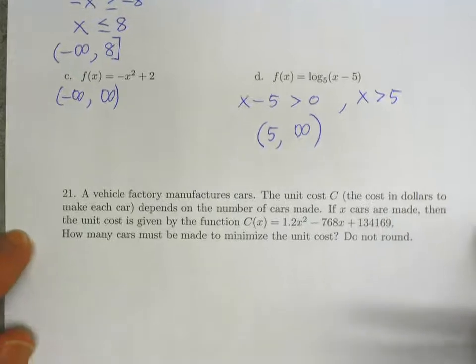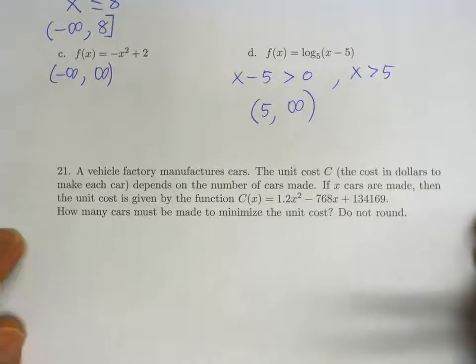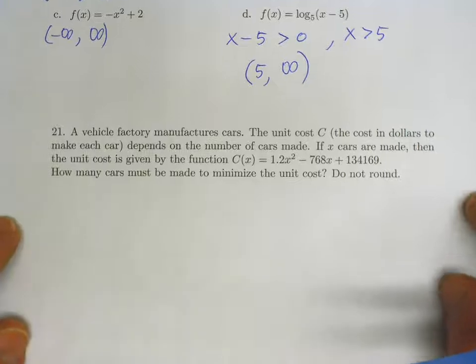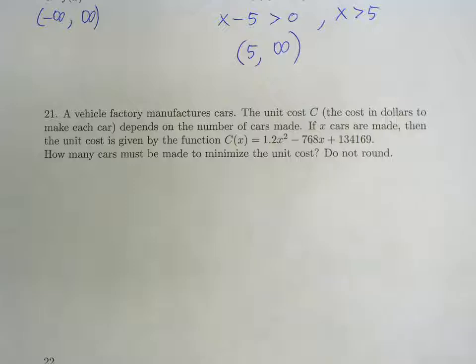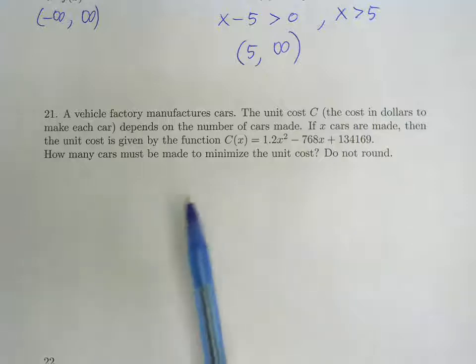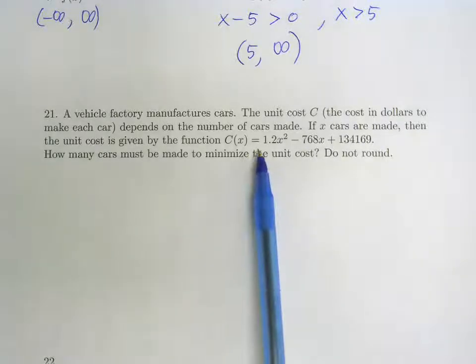Okay, the next problem, number 21. This one says a vehicle factory manufactures cars. The unit cost, capital C, which is defined as the cost in dollars to make each car, depends on the number of cars made. If x cars are made, then the unit cost is given by the function C of x equals 1.2